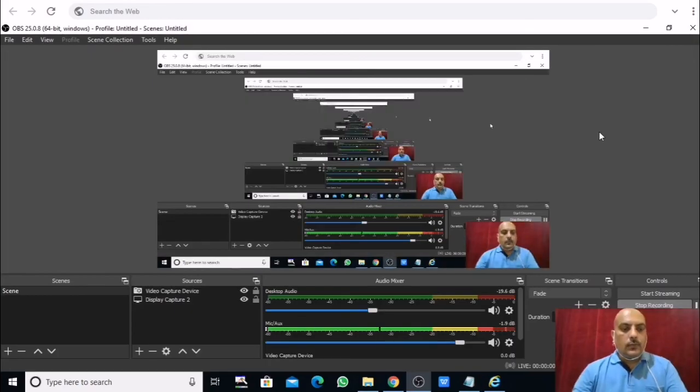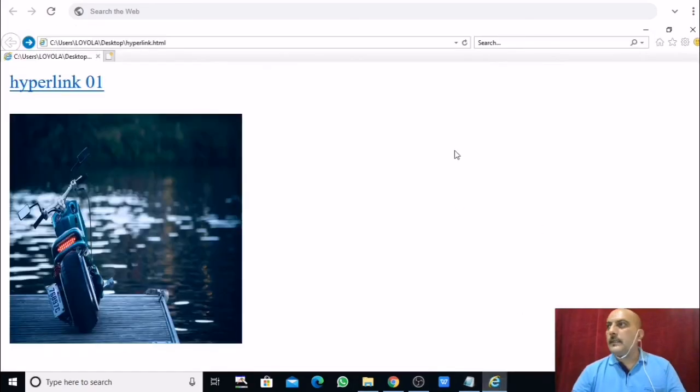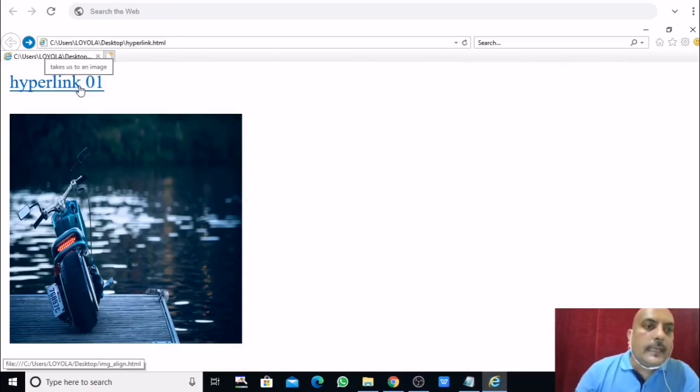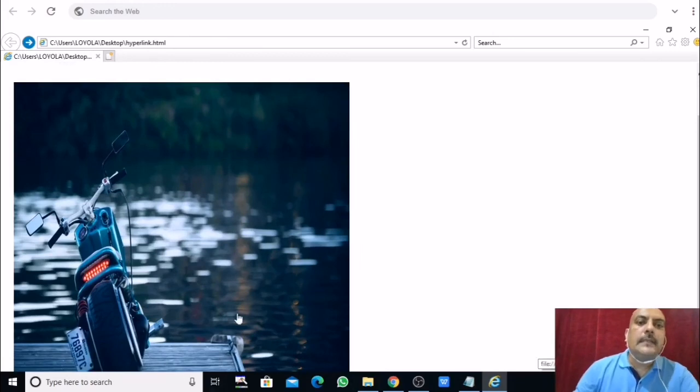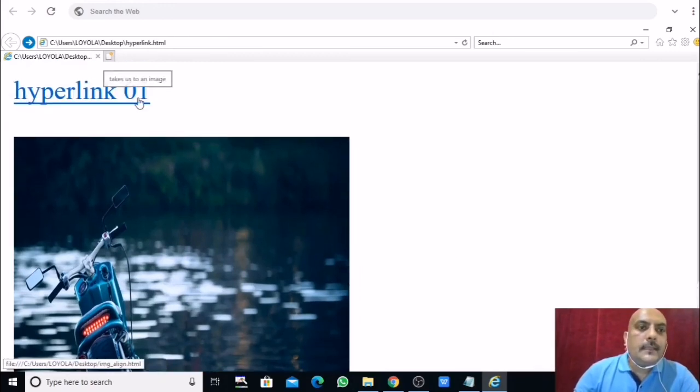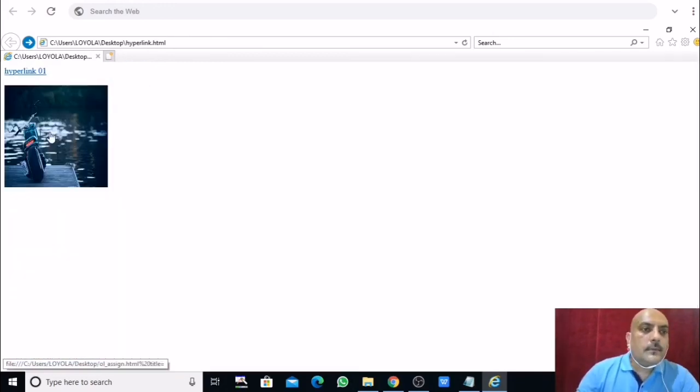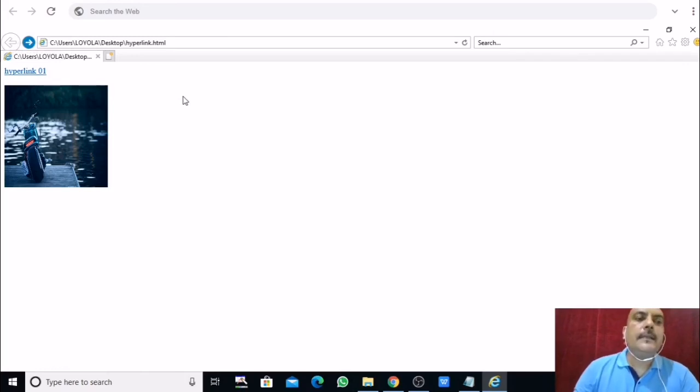Save and go to this file and see the preview, F5. Now see, when you mouse over this hyperlink, it is showing you, see here, takes us to an image. If you are not able to see this, see here, takes us to an image. And when you click over here, it is showing you, right, takes us to an image. So this is how we can use a title attribute with the hyperlink also.